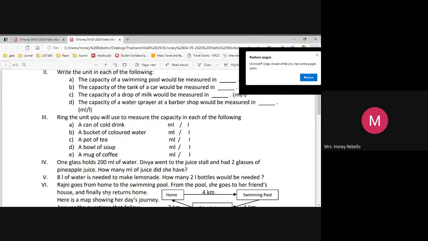Liter. No, he'll have one small plastic bottle. A big one is 1 liter, but this one usually they measure in milliliter, because they cannot be carrying 1 liter and put the spray. So a small one, below 1000 milliliter. Okay, children, now we'll go to the next one. This is very, very easy. Good, Sanjeevan.